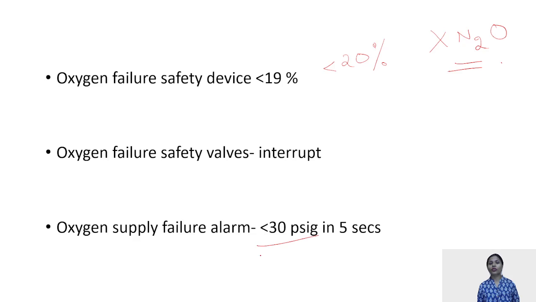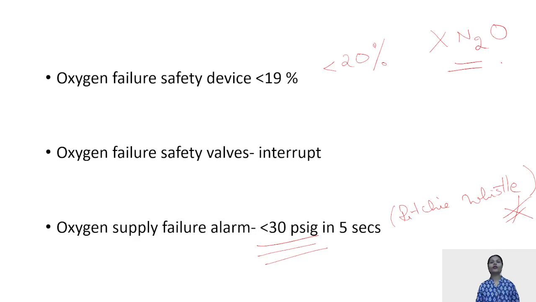Similarly, if the oxygen pressure falls below 30 psig, within 5 seconds an alarm is going to start, and that alarm was named the Ritchie whistle. These are safety alarms which cannot be stopped. You cannot dismiss the alarm until you increase the flow of oxygen and the percentage, so that the minimum percentage required on the basis of the standardization of the anesthesia machine is being delivered. That is, at 30 psig, your alarm is going to start within 5 seconds.